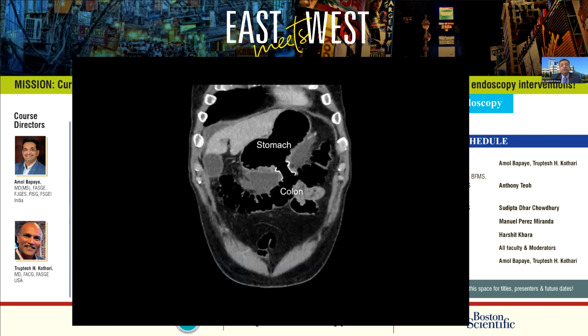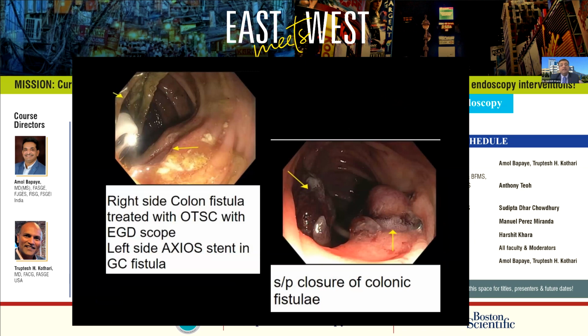But 2 weeks later, the patient presented with severe diarrhea, abdominal pain, and then on CT scan, we found that the stent had actually moved into the colon. Now, we clearly did not place it into the colon, it was in the jejunum, but how did it end up there? Basically the colon was interpositioned between the access, and here you can see the scope coming from the Axios into the colon, and we can solve many of these endoscopically.